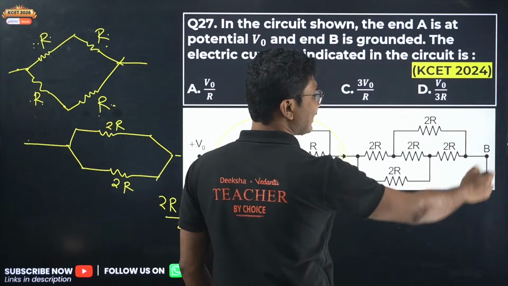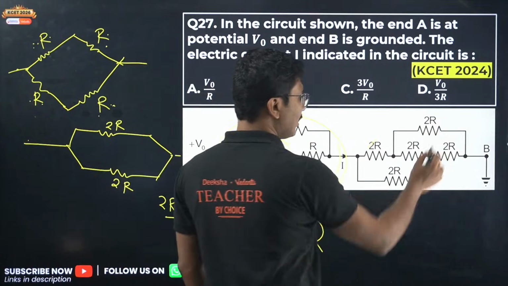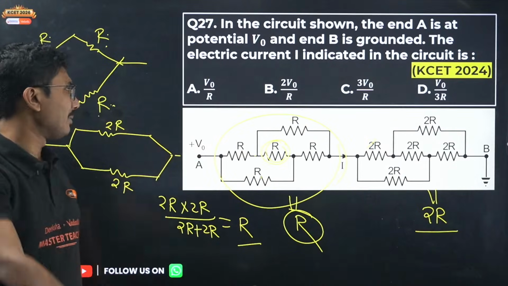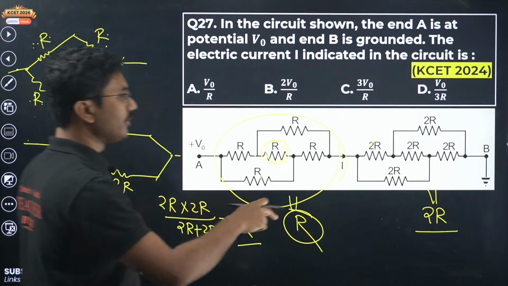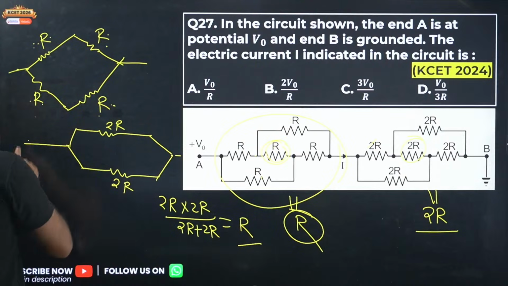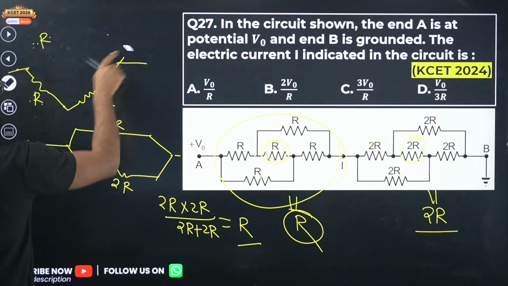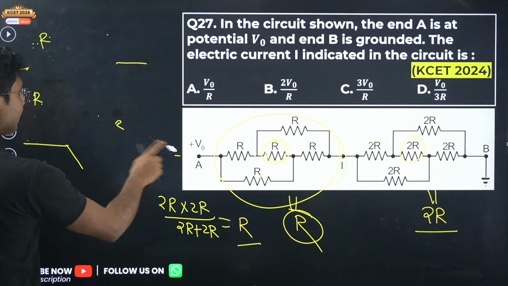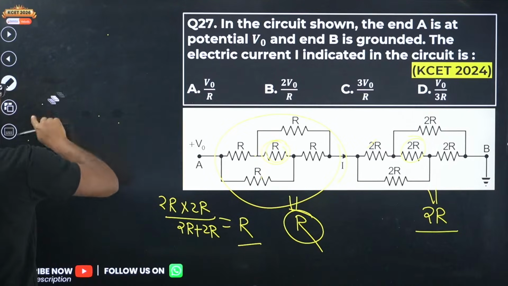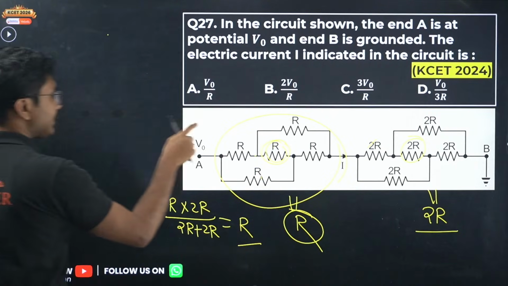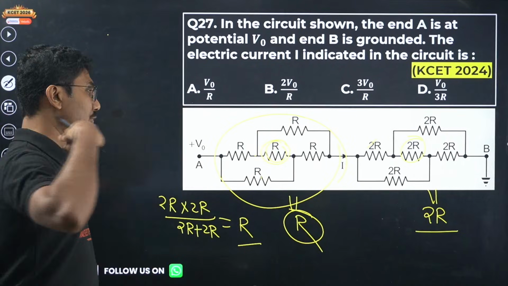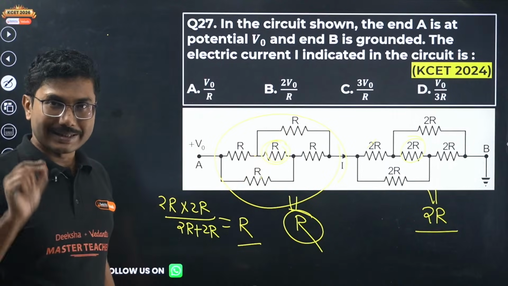Similarly, if you apply the same logic, everything is 2R, so the equivalent resistance of this portion is simply 2R. You don't need to do any mathematics, because this is a balanced Wheatstone bridge, the central one is removed, and if all resistances are the same, the equivalent resistance is the same as any one of the resistors. If they are not the same, like R, 2R, R, 2R, then you have to use the series and parallel method to calculate the exact resistance.